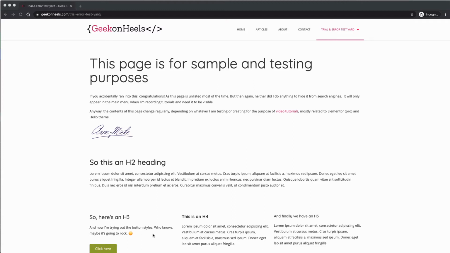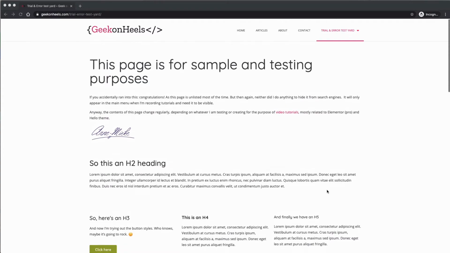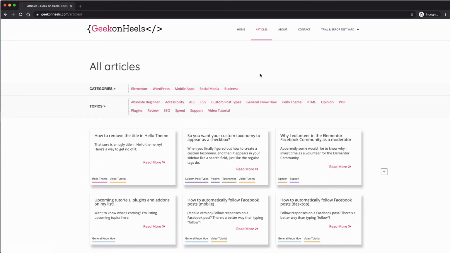So in this example, I've created two anchors on the page called Trial and Error Test Yard. First section, second section, and I've added them to the menu, called them Section A and Section B. Now I'm on my articles page and I want to go to those anchor points on the Trial and Error